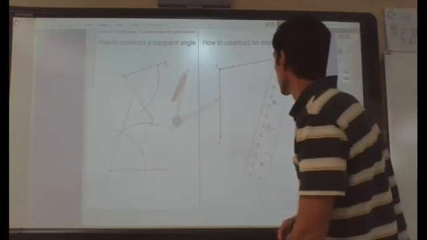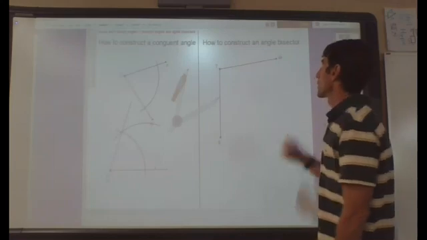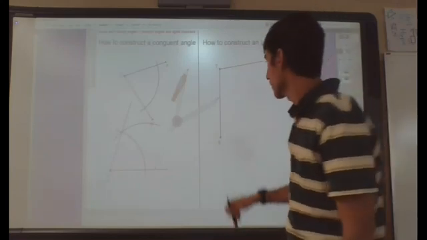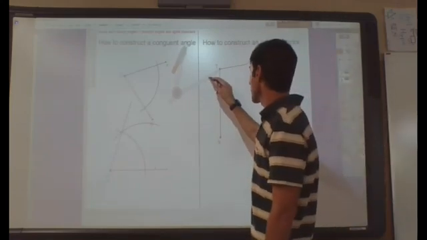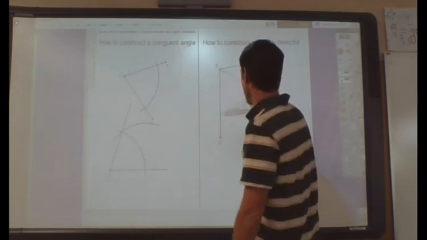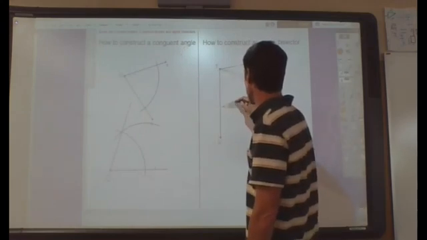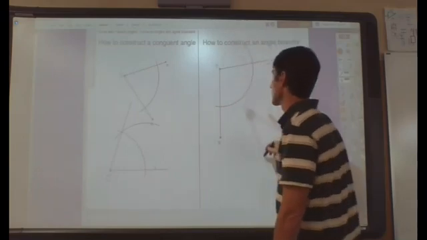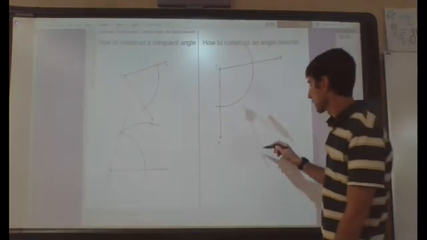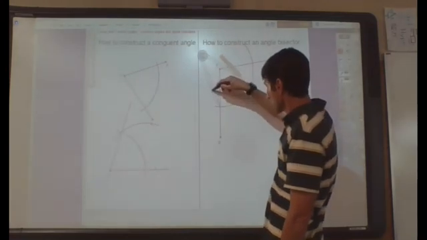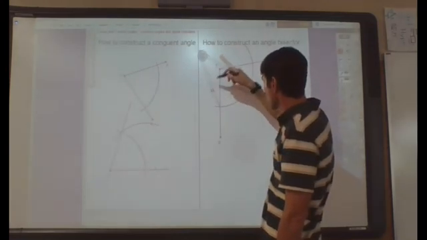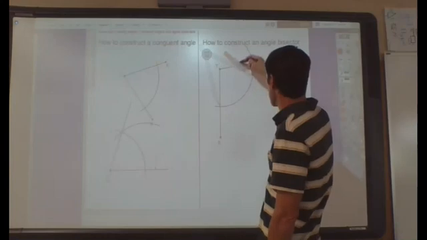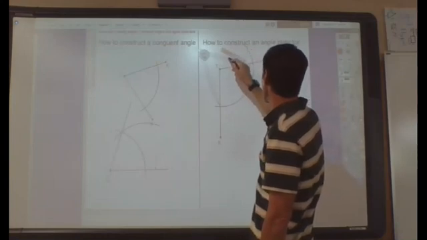Alright, so now we're going to construct an angle bisector. So we're going to start the same way that we started with our previous problem. I'm going to draw an arc that intersects both legs of the angle. Then I'm going to place my metal compass point at the intersection of the arc and the leg. And I'm going to measure